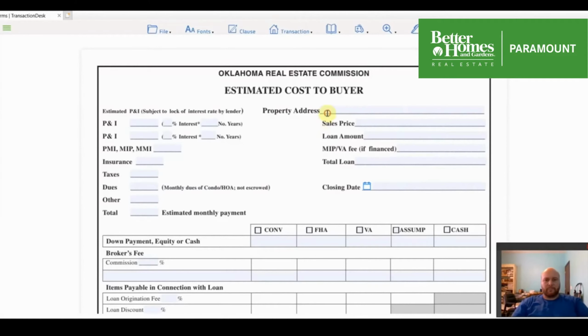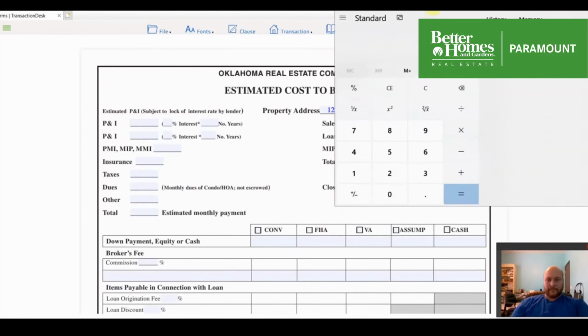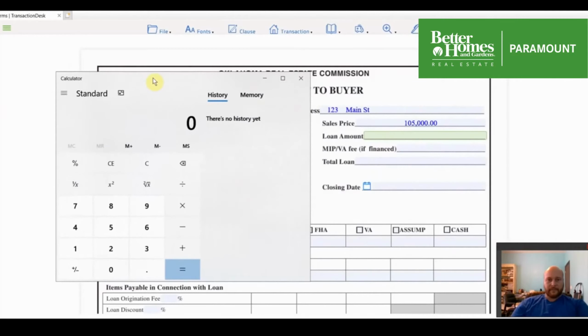You've got a property, let's just say over at 123 Main Street. And let's say the buyer's going to make a $105,000 offer on it. Let's say it's an FHA loan, and they're going to put 3.5% down. So 105